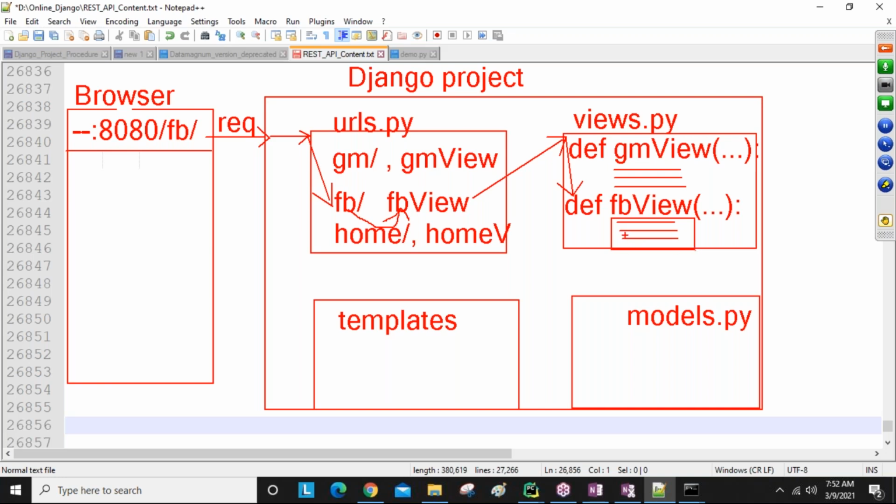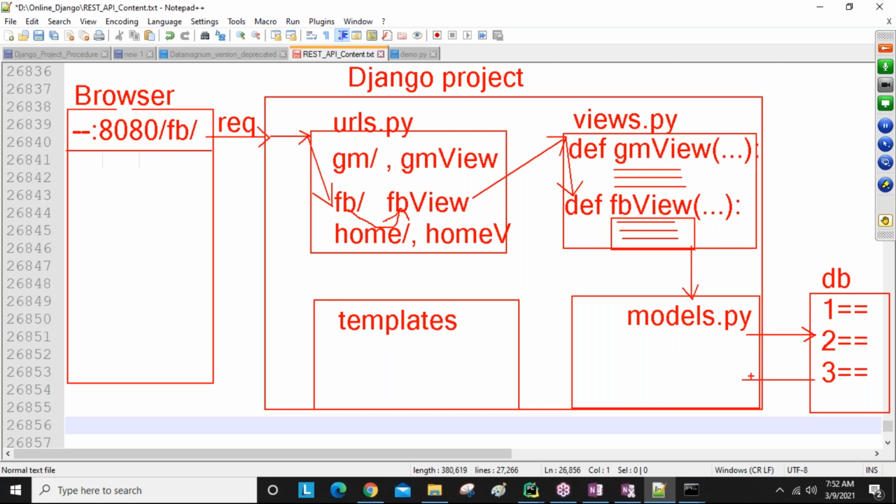Now finally you can see that our view sometimes interacts with models, guys, to manage the database. Here my database is there, MySQL related, with record 1, record 2, record 3, some data. Via the models only, we always interact with the database, guys.